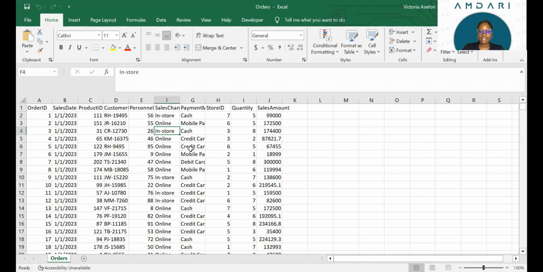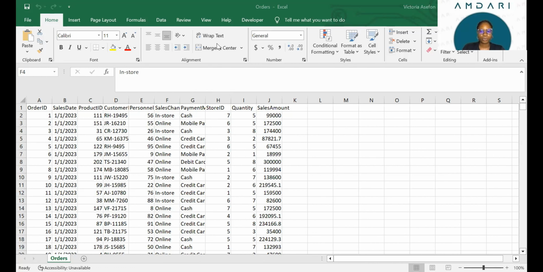The orders.csv data set is where you find all sales transactions that have been made across all StyleScape outlets in Nigeria. These data sets will be imported into our SQL Server Management Studio, which is where we will be querying the database from and also connecting the database to our Power BI. Without any further delay,